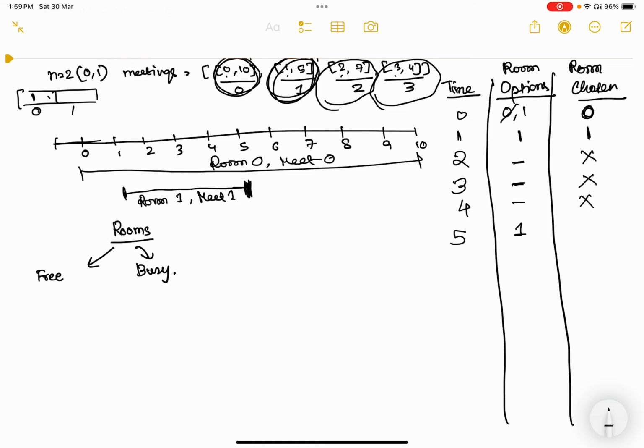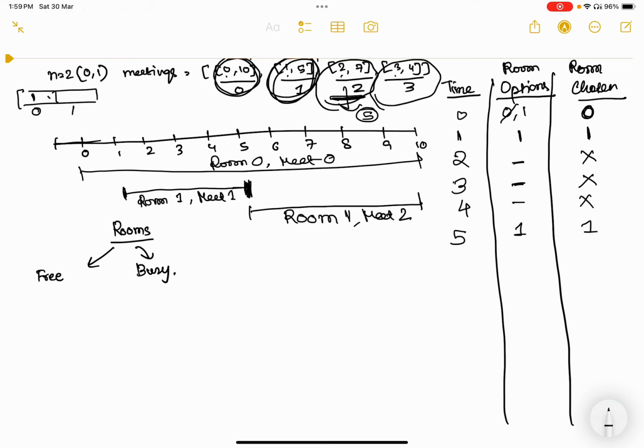So let's choose room 1 again. And in room 1, meeting 2 will happen. Till how long is this for? So the duration of this is 5. So 2 to 7, meeting 2 will take 5 seconds. So let's write this down. Room 1 again and meeting 2, which is taking 5 seconds, and this ends at